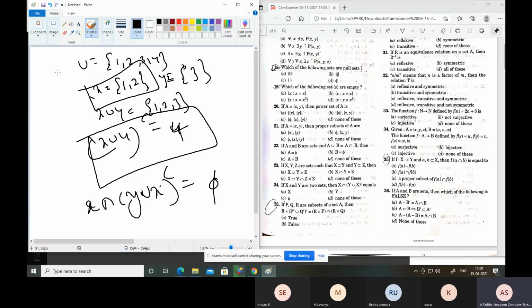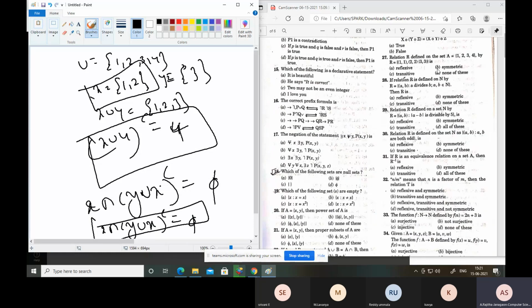Here this is the universal set and this is x, this is y. Then next, x union y is 1, 2, 3. Then x intersection y, the complement of x union y, equals the empty set. So this is the rule: x intersection y union x complement equals the empty set. Okay. So then next coming to the